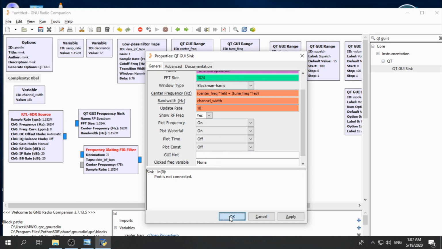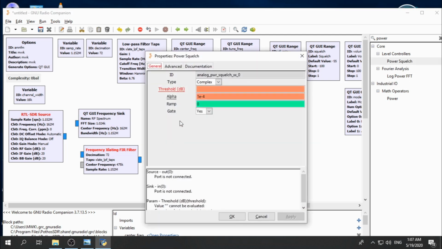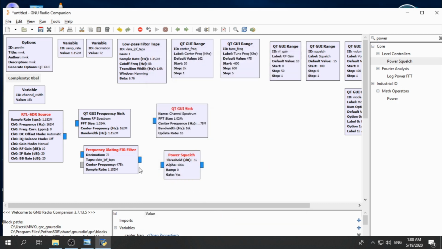Okay, wait, now we need another block, power squelch block. In power squelch block, let's make it threshold squelch, and the alpha 1e minus 4, and the ramp is 0, and the gate is yes. Okay,